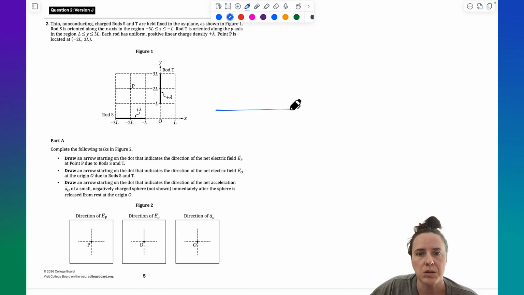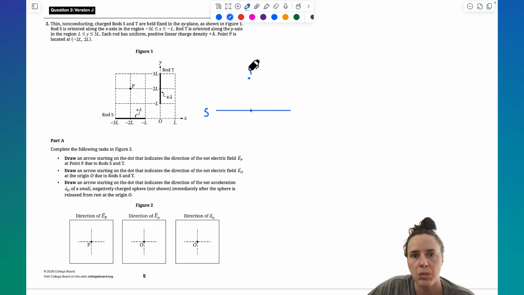Okay, so we're going to use some symmetry arguments for this one. So I'm going to look at rod S. You'll notice that point P is exactly in the middle above it. So if I take like a little slicey slice, dq, from my rod, and I think about which way that field is going to go,